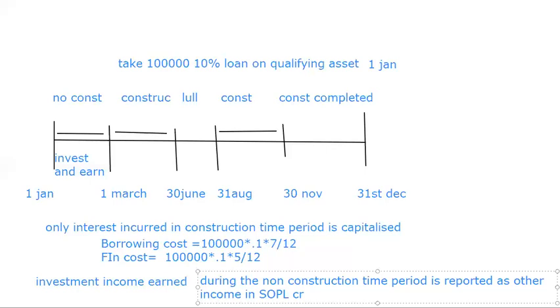So since this investment income was earned in non-construction time period, it will be reported as other income. And the last line, where do I write it? Okay, take the screenshot, so I'm going to remove it. I have to write one more line